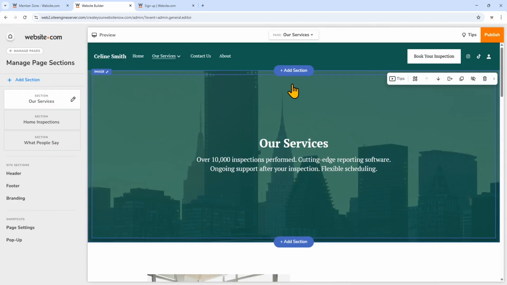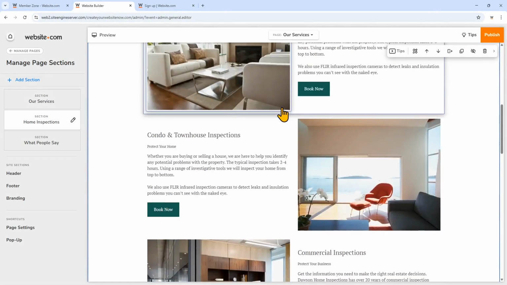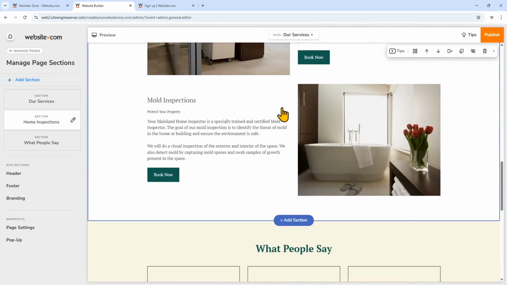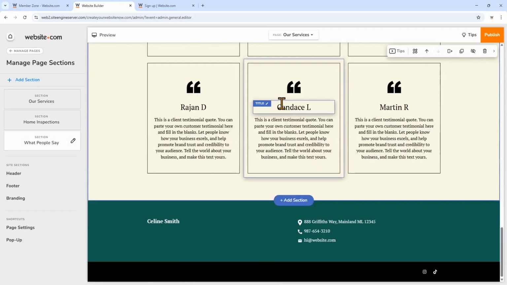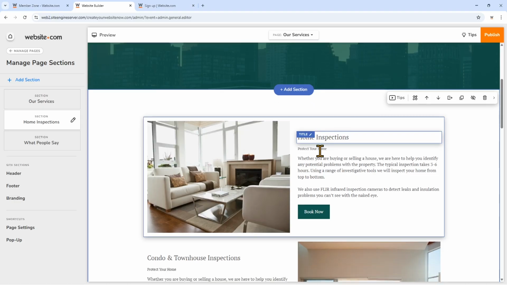So this template already came with a services page, which I want to keep. I like most of the format of it so far. It lists out the different services that I offer, but there are more things I want to add and edit. So first, be sure to change out the links for the buttons to go to the pages that you created for each service, and make sure you change the button text.